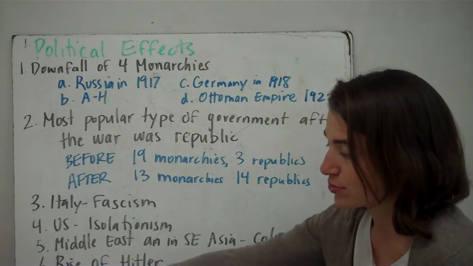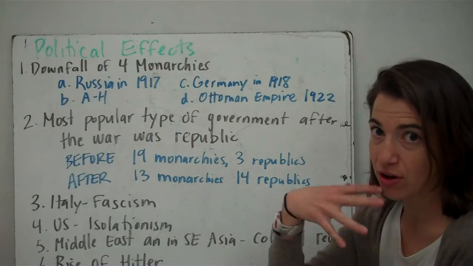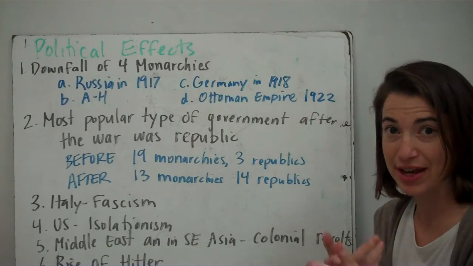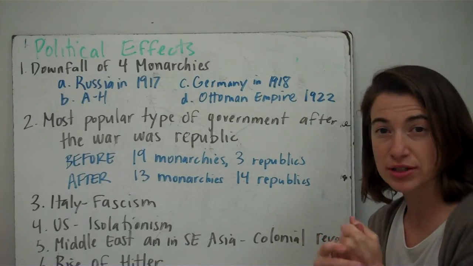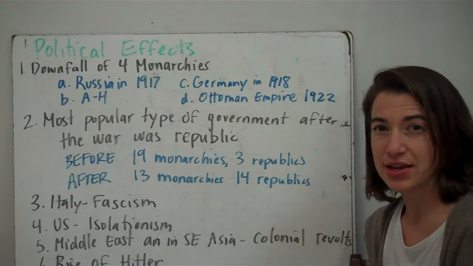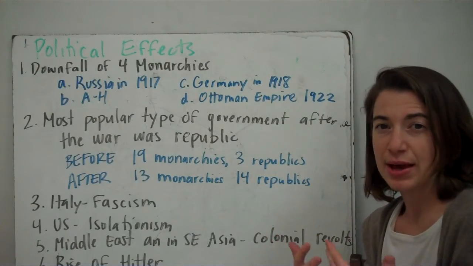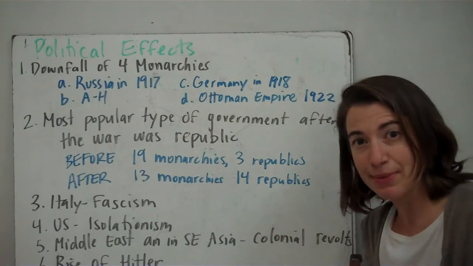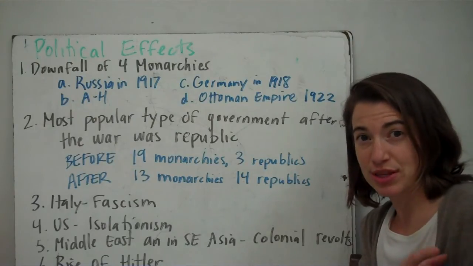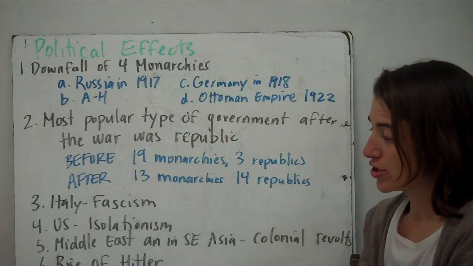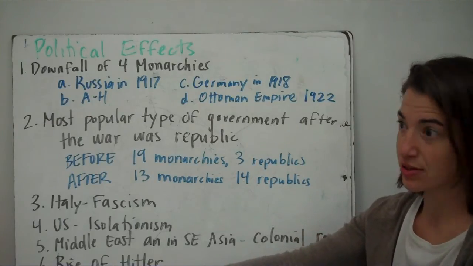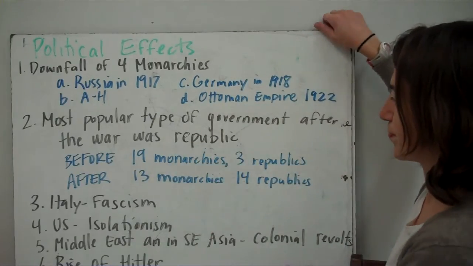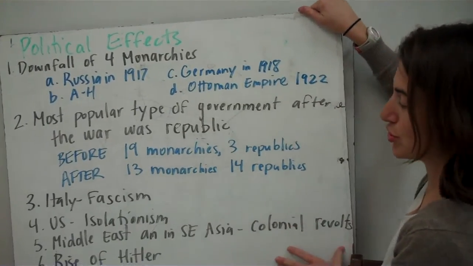And then in Germany, with the anger, right, of all of the people, they were blamed for the war. They have to pay money for the war. They don't have any military. They're kind of embarrassed, right? They're looking for a strong leader that will take their pride, take their enthusiasm for their country, and will bring Germany back to glory again, right? They've kind of been put in timeout, and they don't want to be in timeout anymore. They want to be where they can have some power. So you're going to start to see slowly, right, the rise of Hitler. He's starting to gain power and eventually becomes the leader of that country. And we'll talk about how that leads to World War II later.